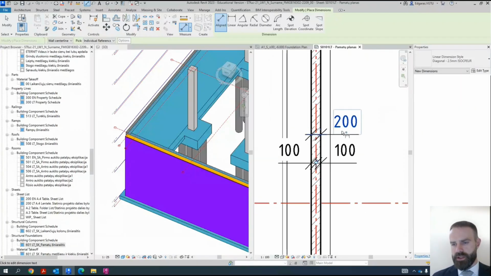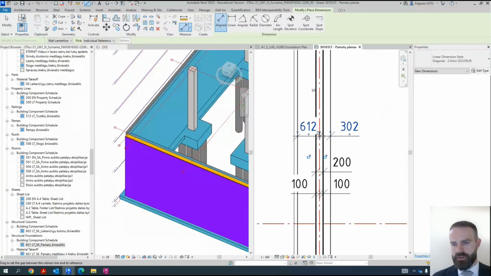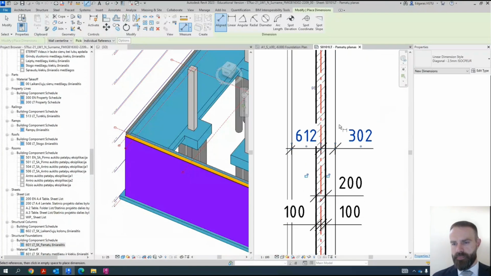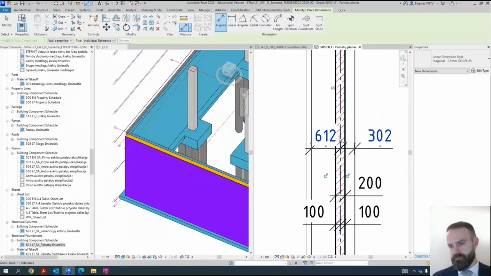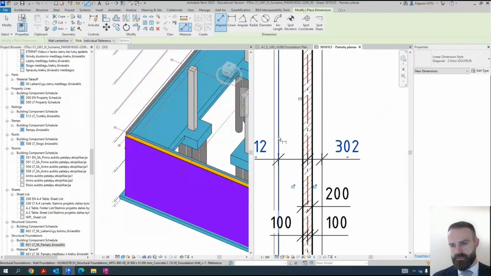So connecting and the thickness of the wall. Also, I have foundation here. So the same logic, I connect it to the grid line. If the number is too large and not fitting between dimension lines, I move it. If it fits, I can leave it here. And sometimes it can be raised with this leader, or I can just move it on the side, and also